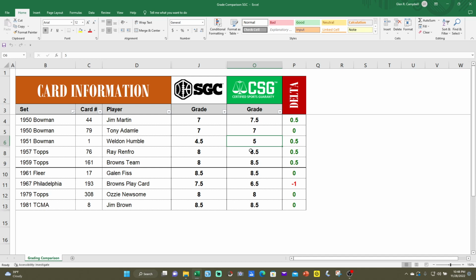They know the BVG was softer on vintage by probably 1 to 2 grades compared to SGC, which is, I'd say, widely considered to be the best vintage option. And just because he's associated with CSG, I think everybody's kind of like, oh, well, they're going to be soft on vintage. And basically what I'm seeing here, again, it's not a huge sample size, but again, I'd say it's